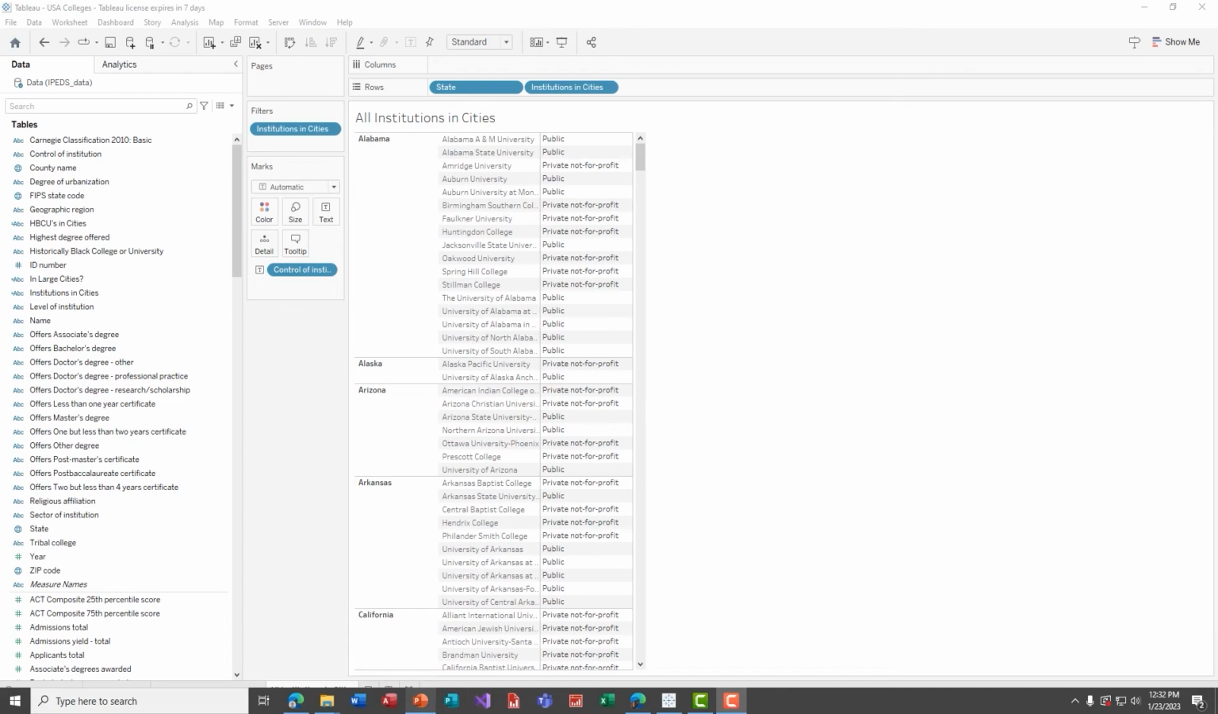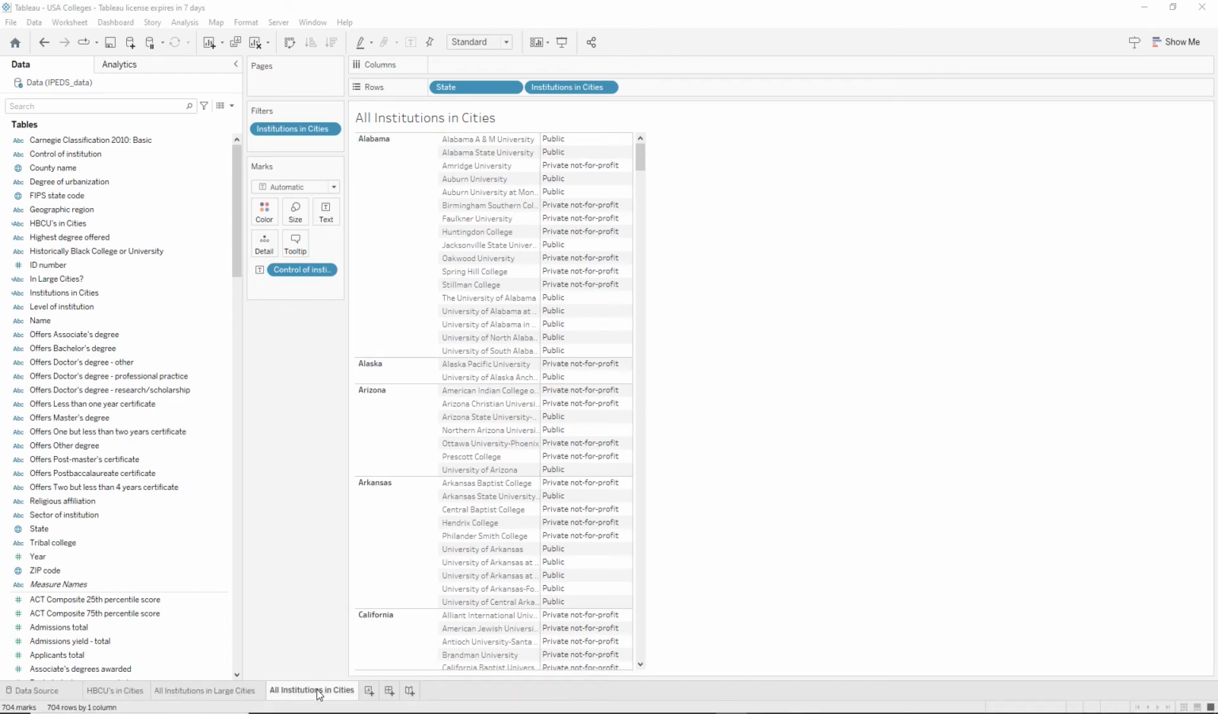So we're going to do another variation. Let's go ahead and copy our all institutions in city sheet. And this one, we're going to rename all institutions and then slash HBCUs noted. So a different variation. And as the sheet name suggests, we're going to get a listing of all institutions, including HBCUs, but the HBCUs will be noted as